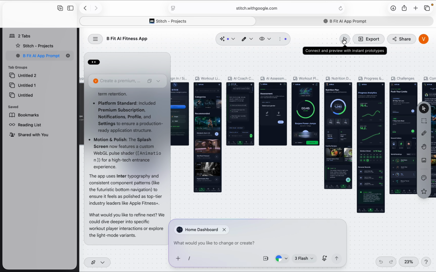If you want to change anything, you don't have to start over. You can edit the prompt or customize the individual elements. For example, you can change the colors, fonts, icons, images, button styles, spacing, and layouts. This helps to create a design that matches your brand or project. Once you are happy with the design, preview the app, then